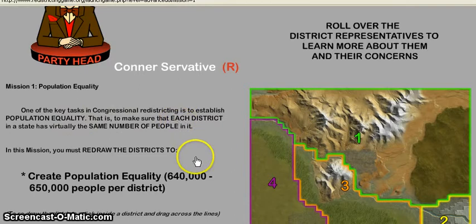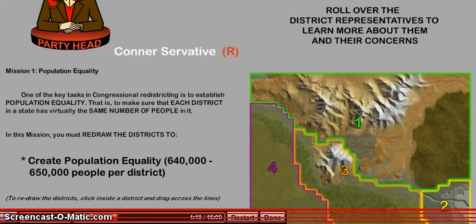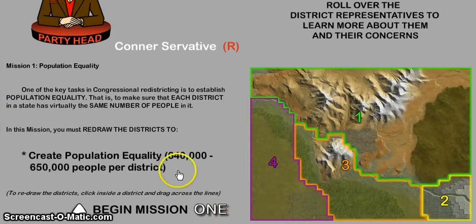Virtually the same number of people. In this mission, you must create districts of 640,000, 650,000. But I don't think that changing the font repeatedly makes you want to read it. And since this is very important, yes, they bold it, but most people just really want to click right at the bottom